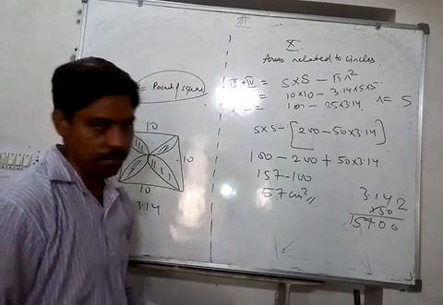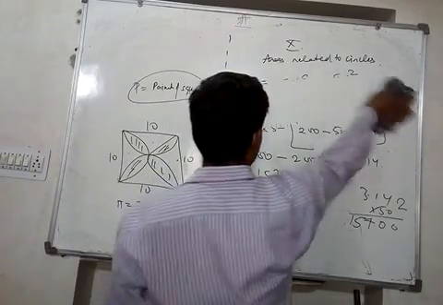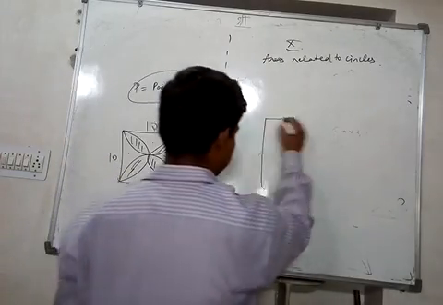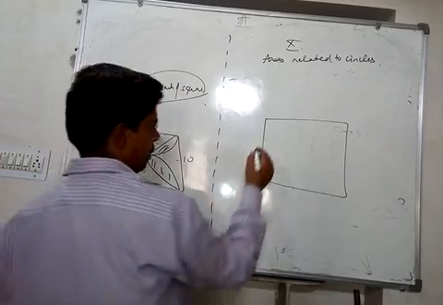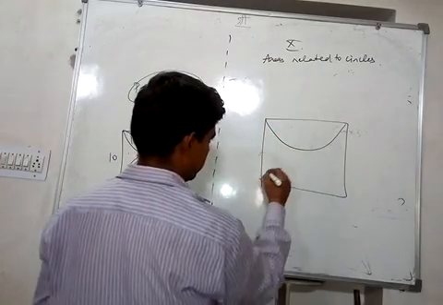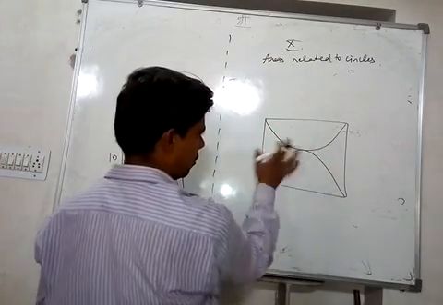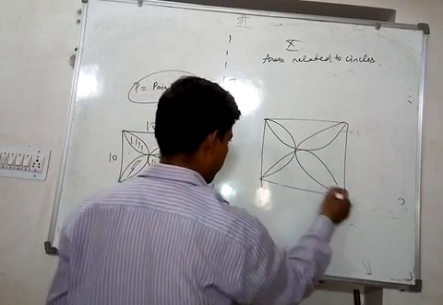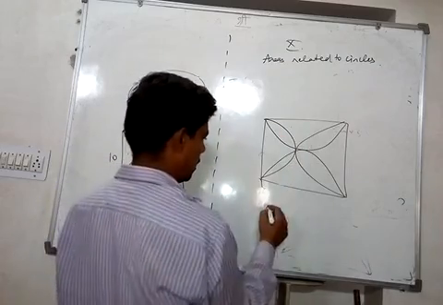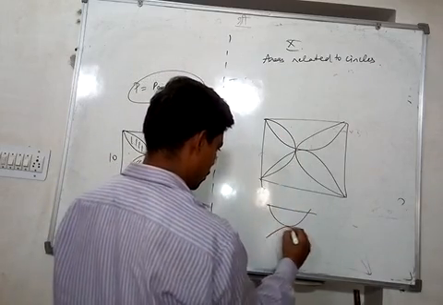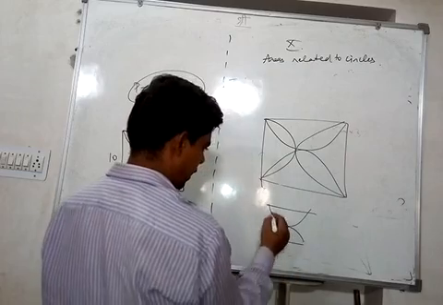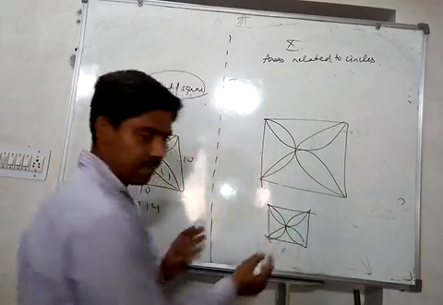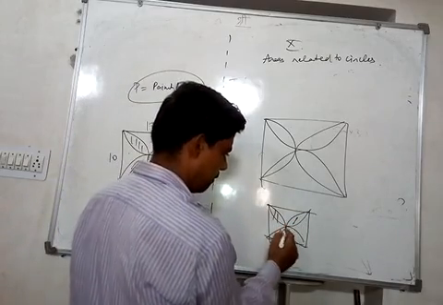See, the same question can be tried in another way. Suppose you have this square, okay. Now if I subtract this, these two are gone, these two are left, and now I also subtract this one and this one, or if I add these four semicircles, 1, 2, right, and here 3 and 4, I will get the area of square, and this will be extra.